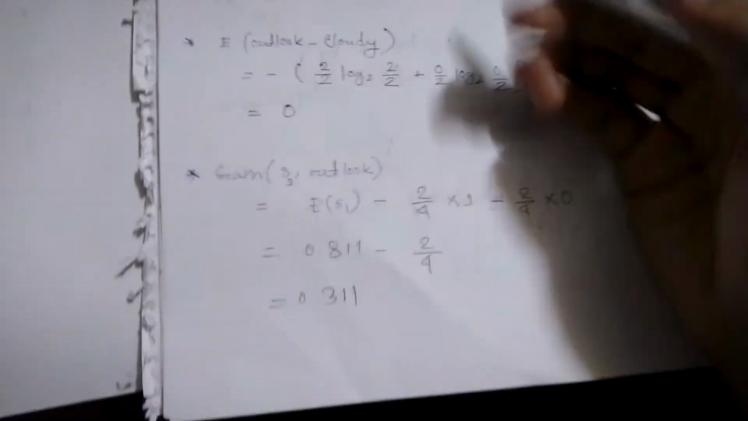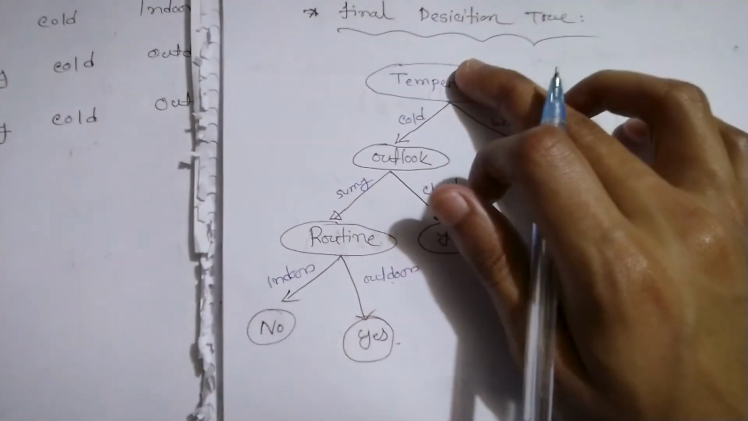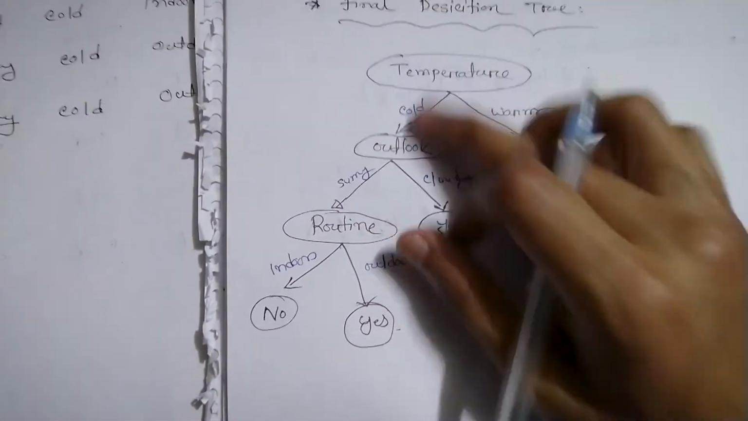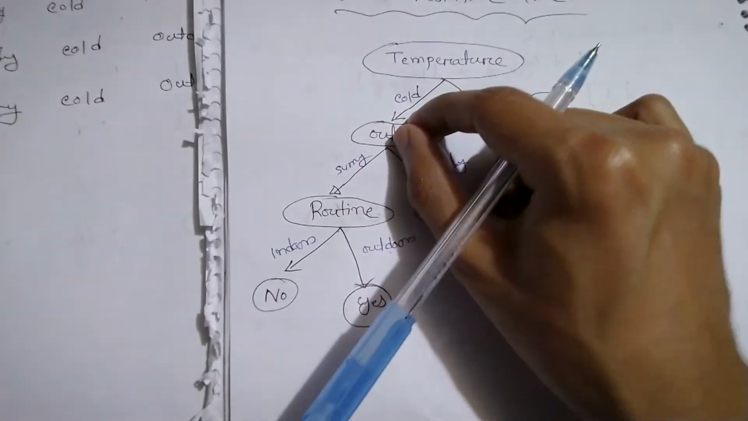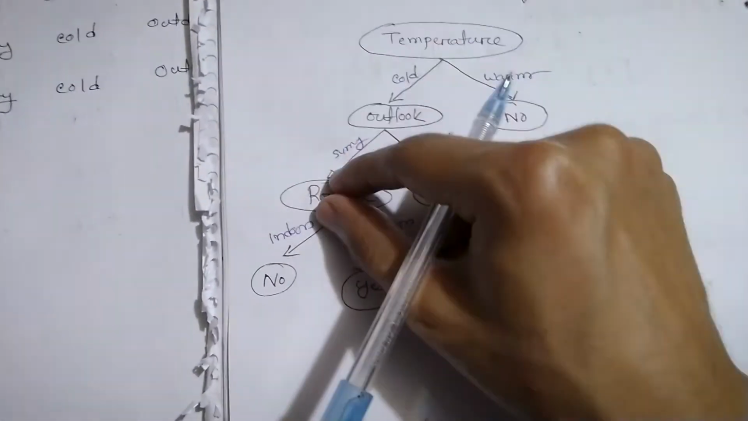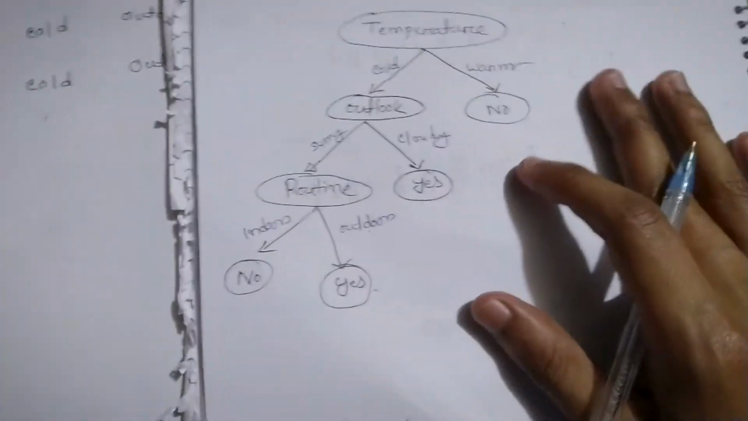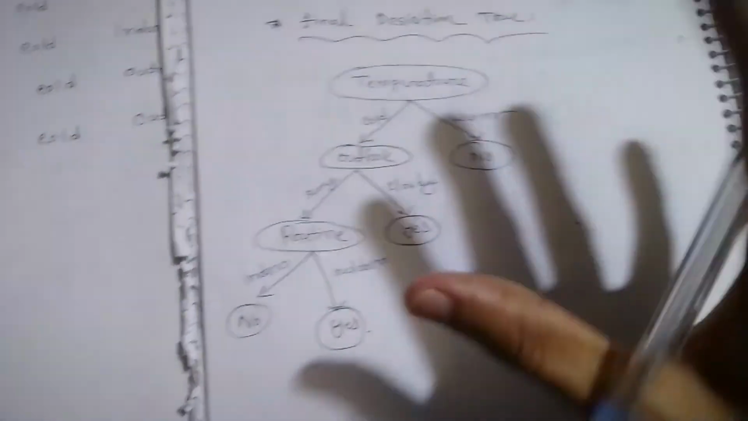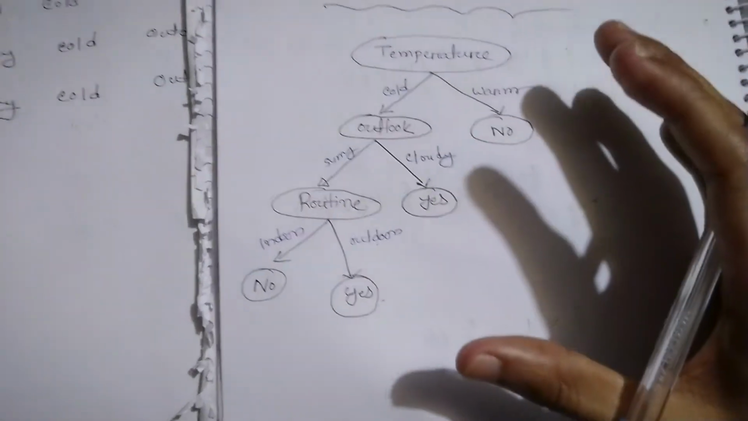The highest gain that you get would be at the top, the root of the tree, like this. Temperature has the highest gain, so we add it here. After that, we calculate Outlook and routine. Whichever has the maximum gain, you add it in the second place, and whichever is the last, add it in the last place. If both of them have the same gain, you can add any of those. Perfect. So this is the thing that you learn in the decision tree algorithm,